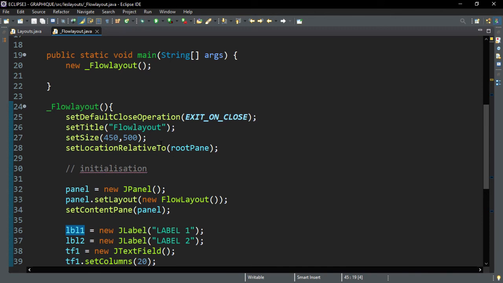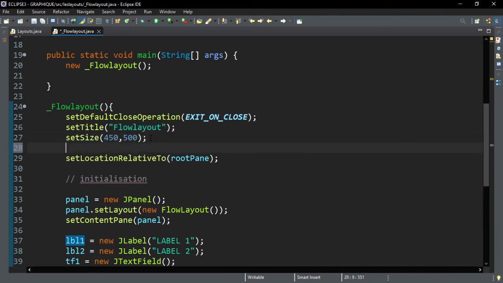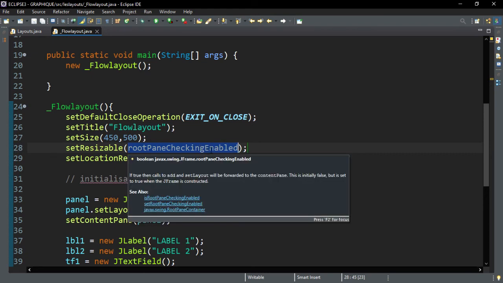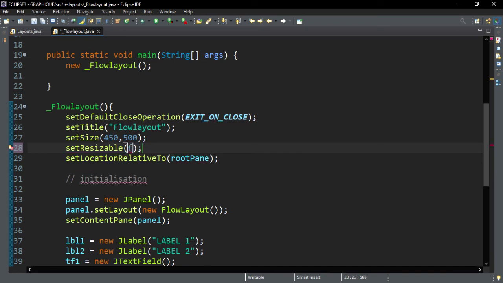But if I tell my application to set resizable false, I put false, I enter, I block the resizing. You never resize the